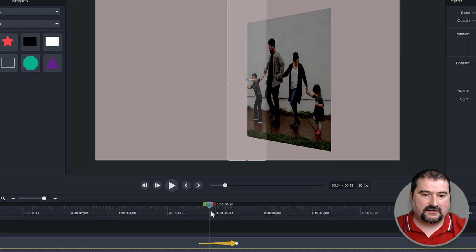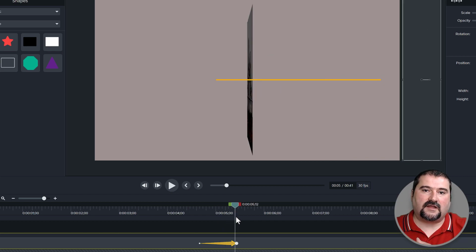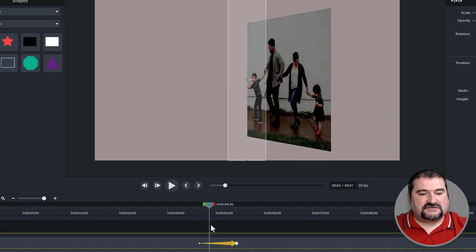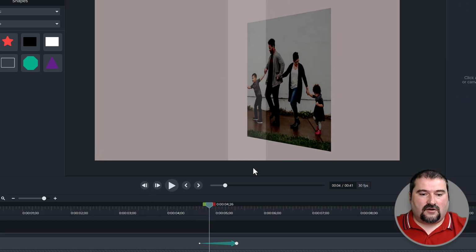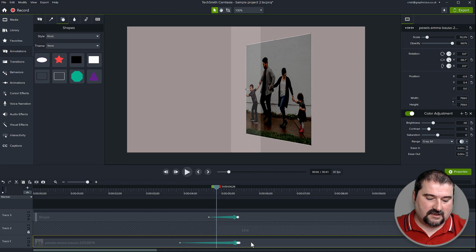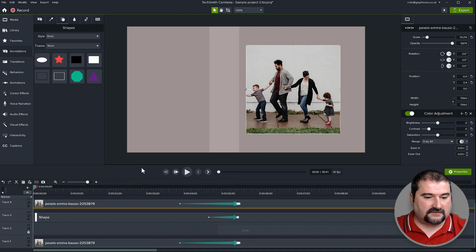You're going to see why. So you can see now it's moving across like this, and we don't care about it after that because we're not going to see it. So how can I constrain this so that you don't see it outside of the page? Well, we need to use a copy of the page. Control C and place it at the start.